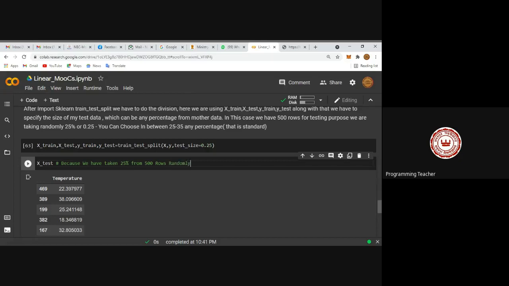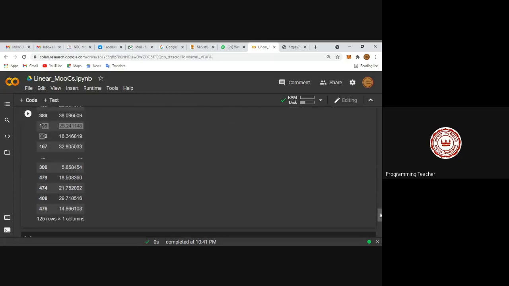If you wish, you can see the sequence 469, then 389, then 1199. So there is no sequence. Got the point? That is the benefit of using this kind of library, because it takes random data and does not follow any sequence, as sequence is not mandatory for us. If you want proper accuracy in your test, you have to take data randomly.